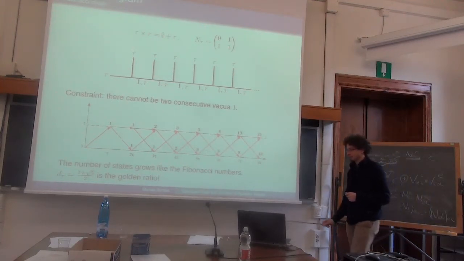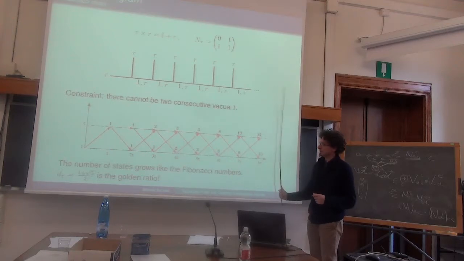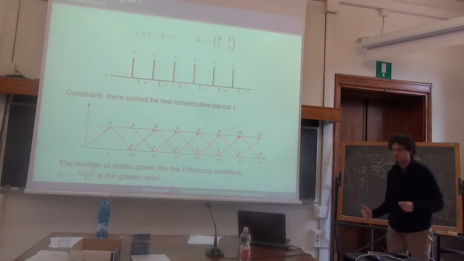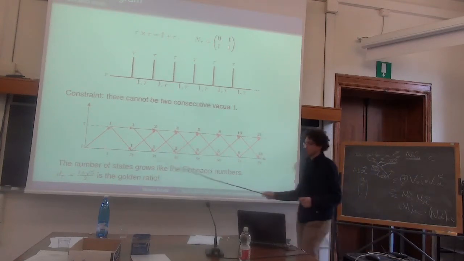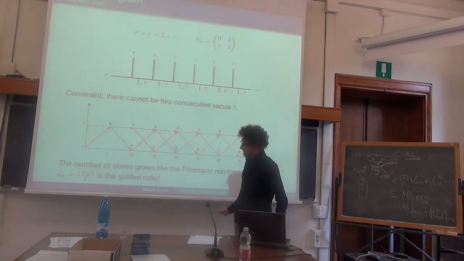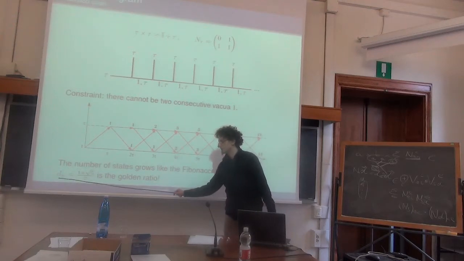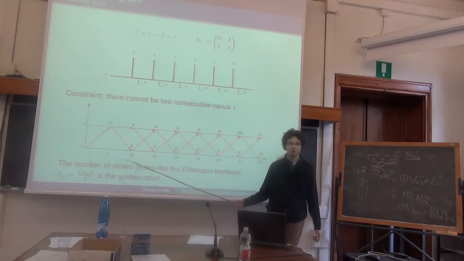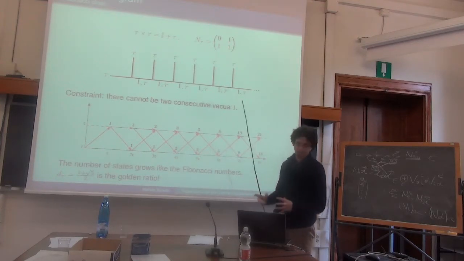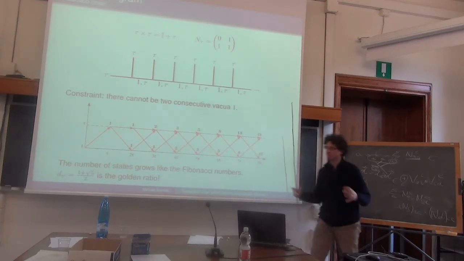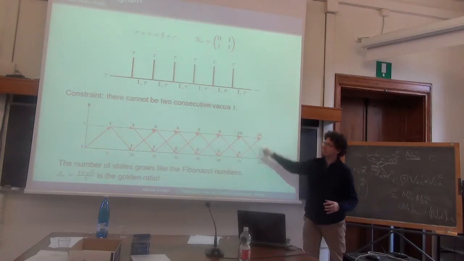That's why they are called Fibonacci anions. And if you go in the thermodynamic limit, you know that the Fibonacci number scales as the golden ratio to the power n. And so we find out that this quantum dimension is essentially telling us how fast the number of states increases when I start to add these